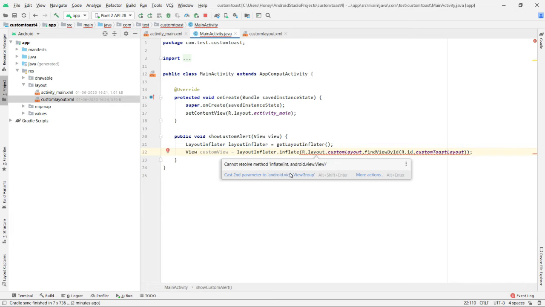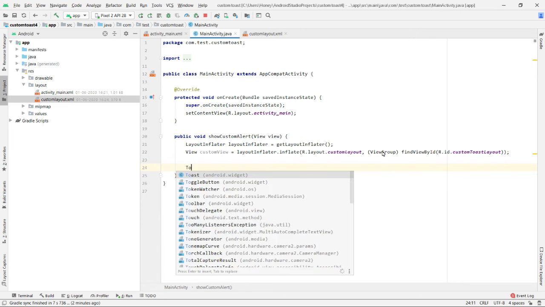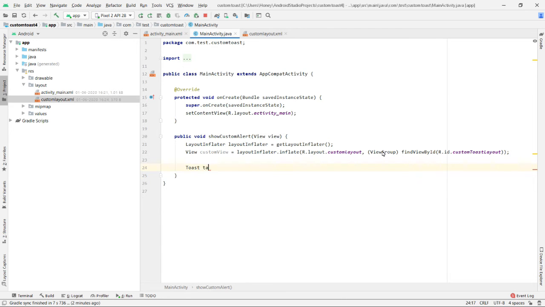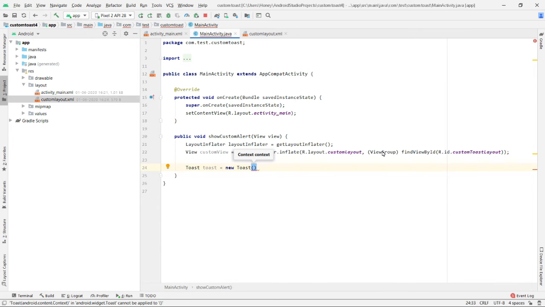Here it is giving me an error, cast second parameter to Android view. Okay, we have casted the view group. Create a toast object. Here the context is required, so I'll pass this.